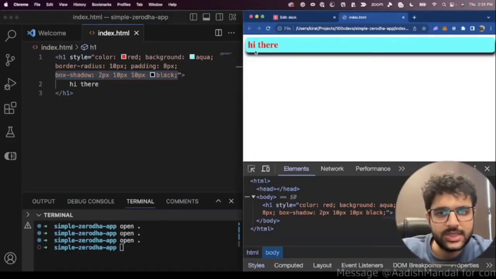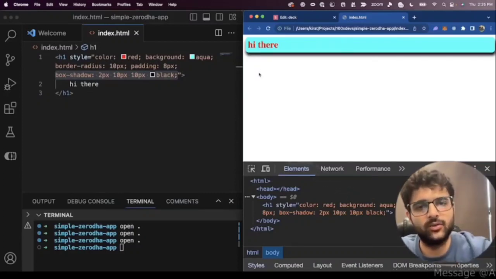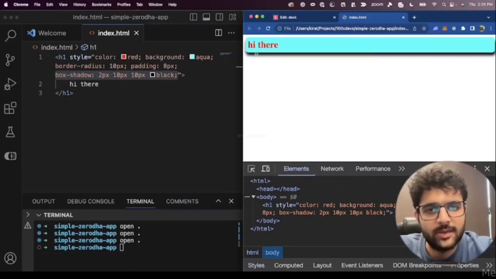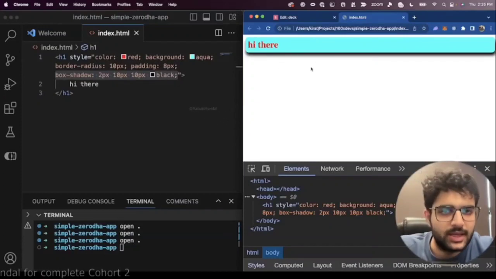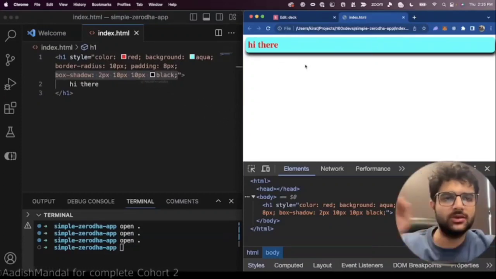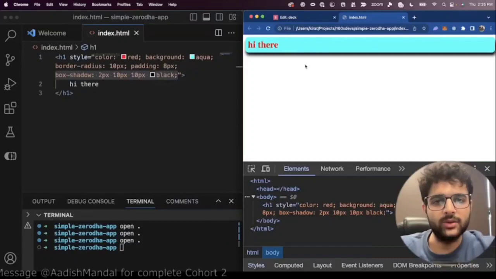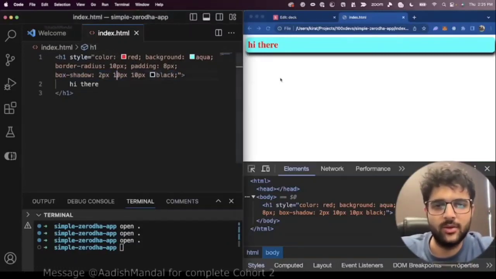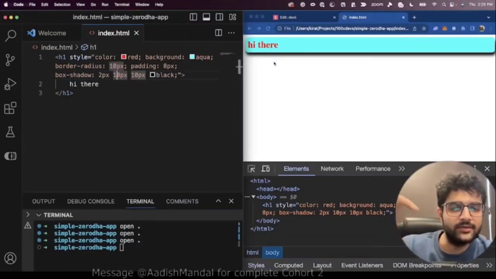You see some shadow coming here, right? It's sort of like a shadow. What does that mean? It is slightly diffused as time goes by. It sort of goes away. It's in a certain direction, whereas borders are sort of static. But with shadows, you can actually tweak how a shadow looks, the direction in which the shadow is going,